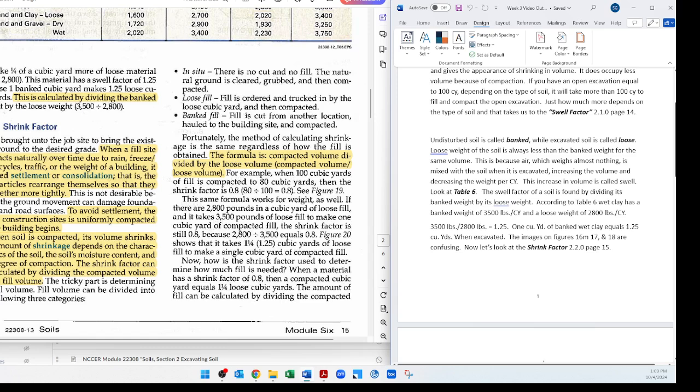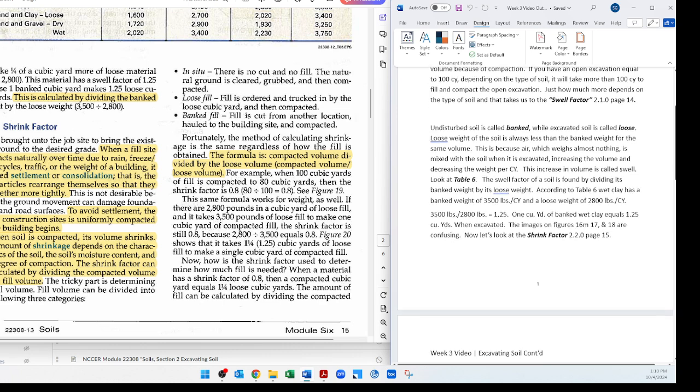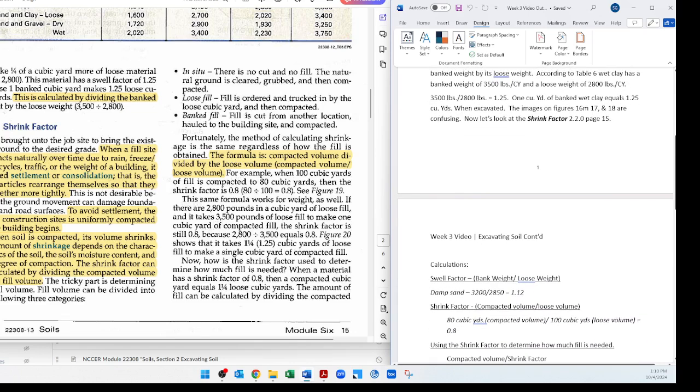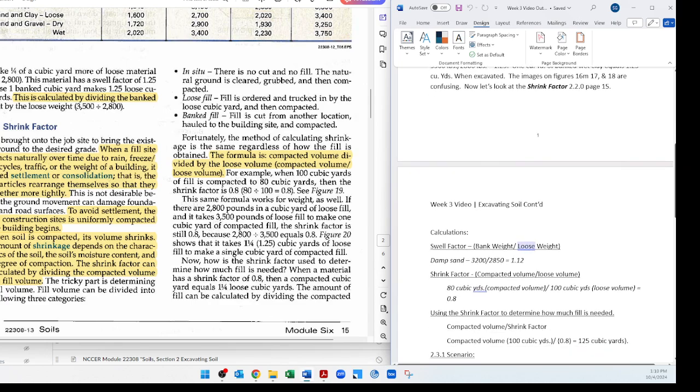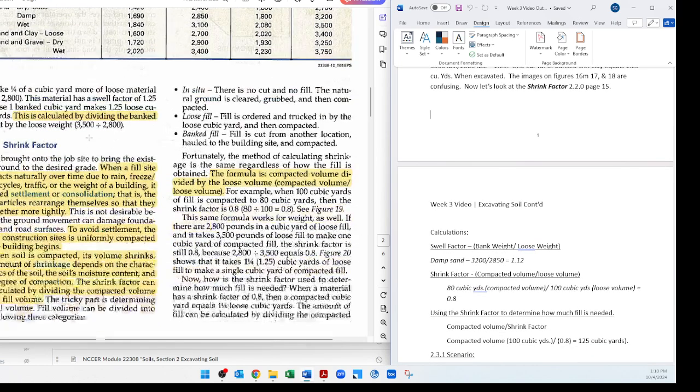So we've gone through here. Now we're going to go to the shrink factor. We've gone through a swell factor right here, and we came up with 1.25. 1 cubic yard of bank wet clay equals 1.25 cubic yards. See there? When it's excavated. The images on figures 16, 17, 18 are the ones that I don't like. So I'm not going to talk about them, but feel free to go back and see if they can help you. What I did was put down calculations you will need